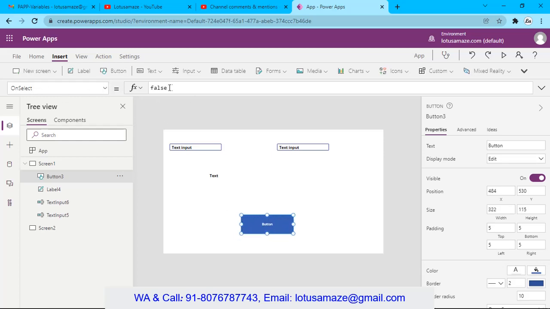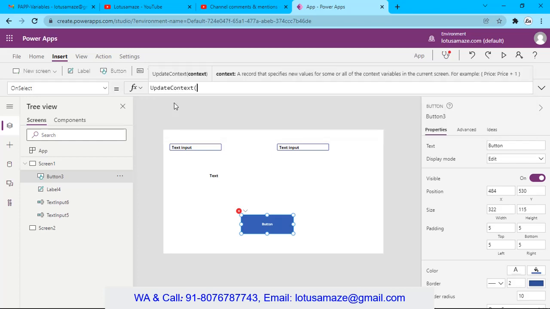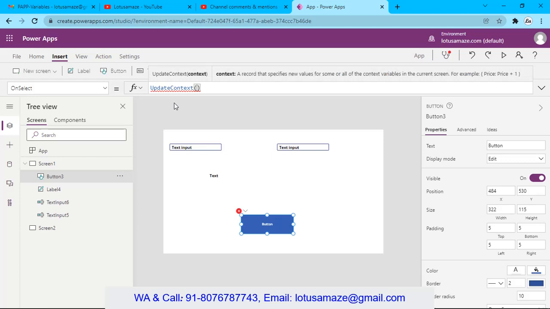Now, for the button's OnSelect event, write UpdateContext, brackets, then curly brackets, then the name of the variable, a user-defined variable.